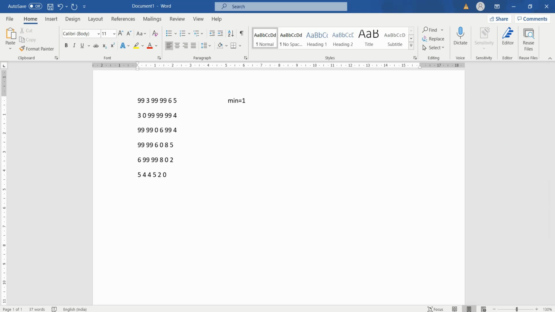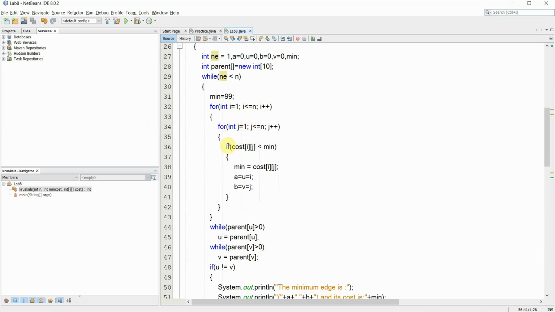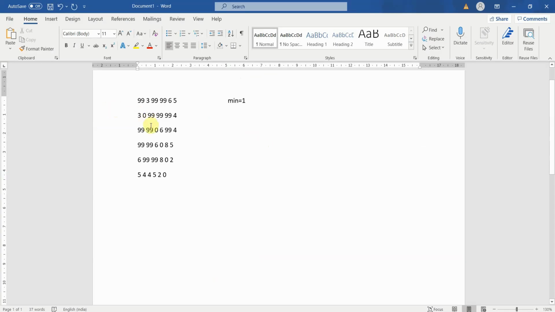Why? Because for the next iteration, we should not consider that edge. I mean, this condition should be false: cost should be less than minimum. So that is why these values are rewritten as 99, so that the cost 2 to 3, 3 to 2 is not considered for the next iteration.